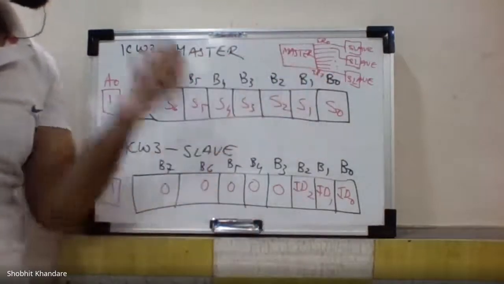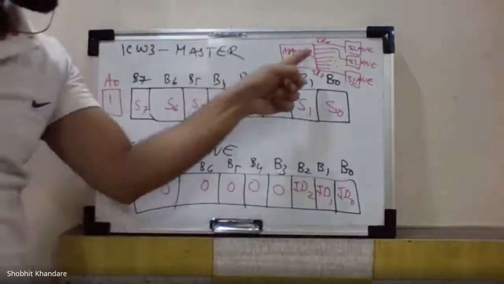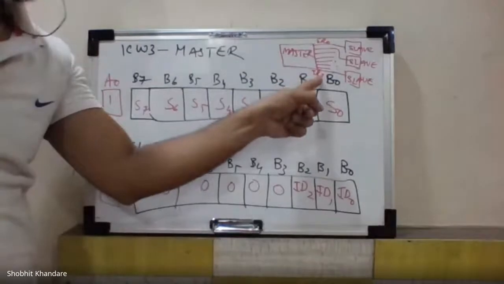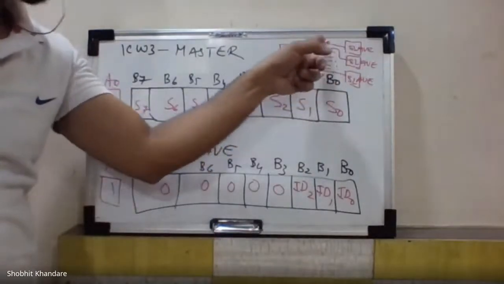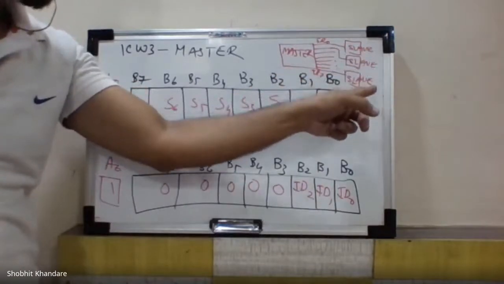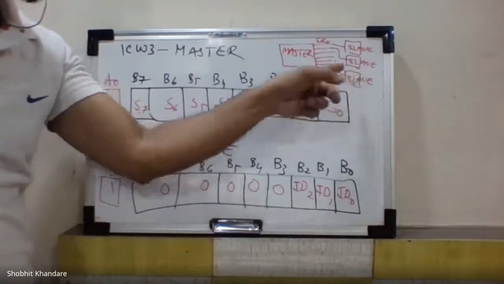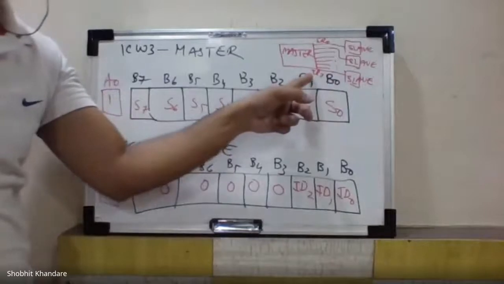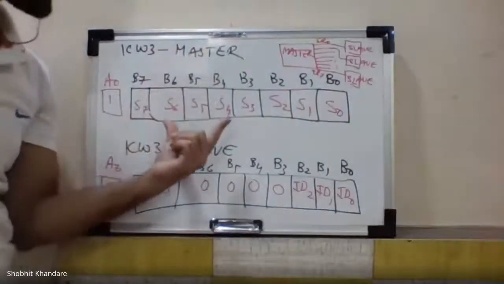Now this master is having IR0 to IR7. This slave is connected with IR0. Second slave. So this is slave 0, slave 1, dot dot dot, slave 7. Slave 7 is connected with IR7. Now this master bit